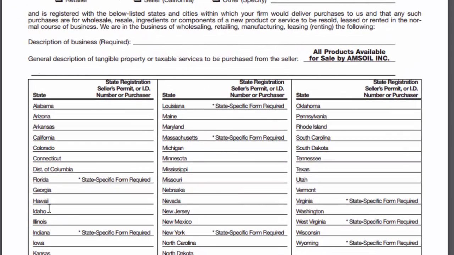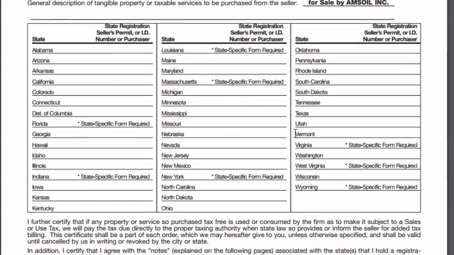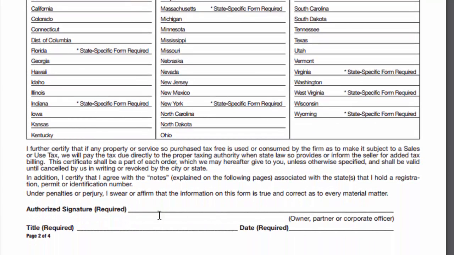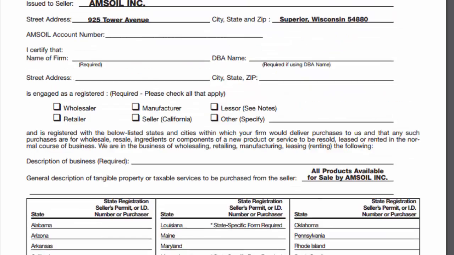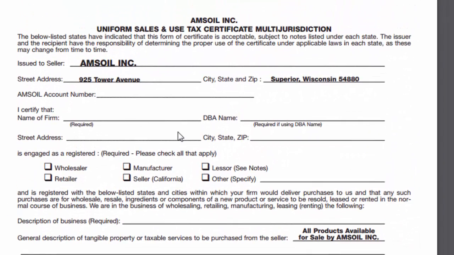They're going to need to fill out their tax ID on the line for the state they're in. Sign it, title, and date. And then up here is the main information. And I usually hold this until after they sign up because you need the AMSOIL account number. So once they get the account number, you can email this to them, have them fill that out, and fax it back to you. I like to send it to AMSOIL myself